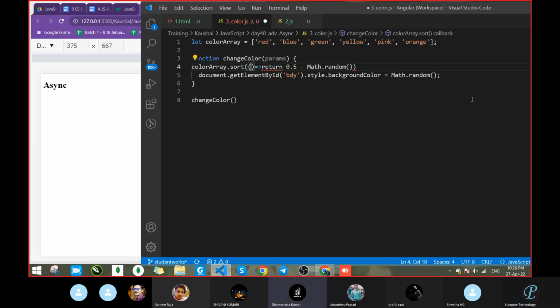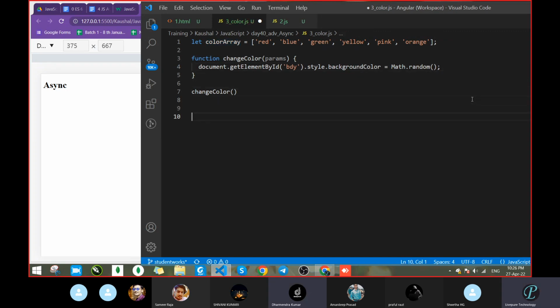Sir, here we pass it outside, not right in one line. I think some mistake is going on. Sir, the array is made with let. How can you access let inside the function? It's a let type, not a var type. That's fine, but the problem is here itself. We are trying to get the random value. That is the issue. Sir, here pass only the function name, not the complete function.